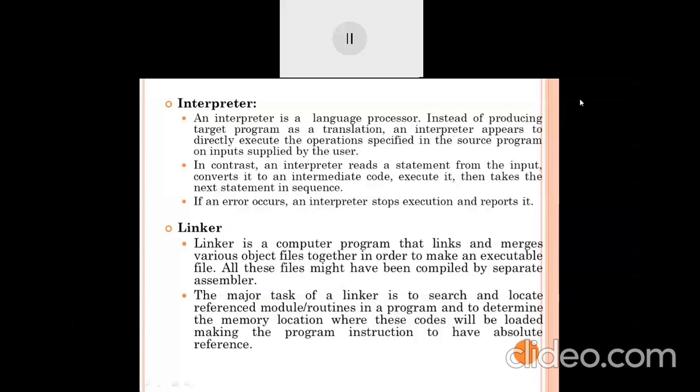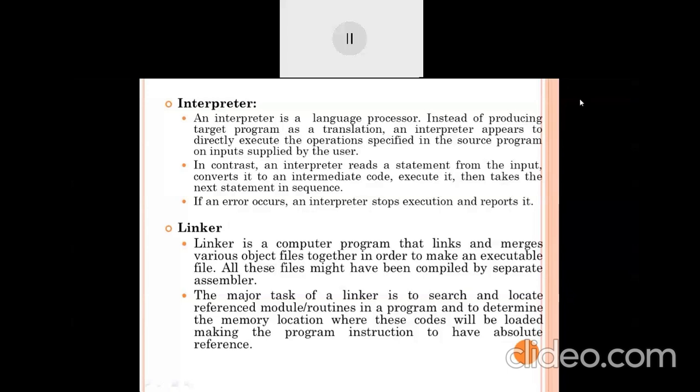But in Python, we directly execute the code, and if there is an error, we get the error, make the changes or remove that error, and again directly execute the code. So these are the differences between a compiler and an interpreter. That's why, instead of C, C++ and Java, Python is in high demand in the market.